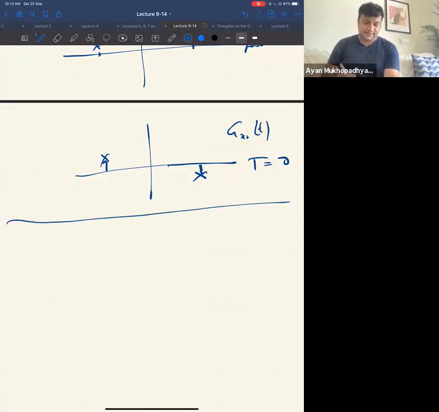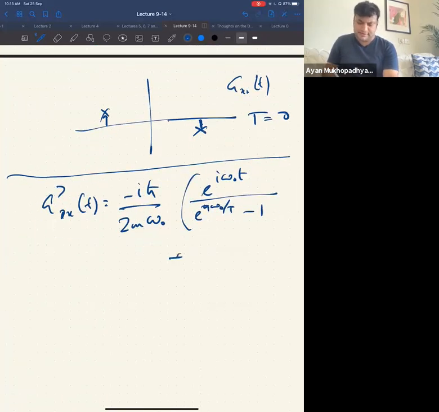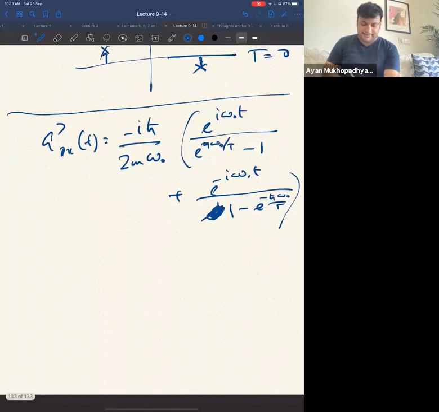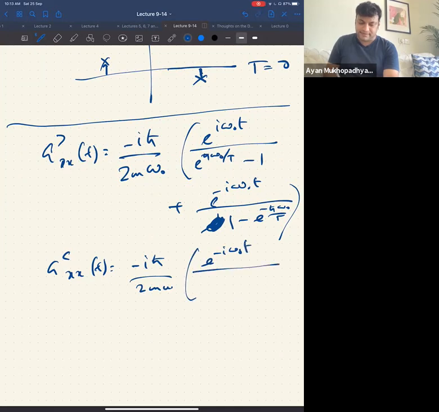Just a quick reminder: G greater was minus i h bar over 2 omega naught, times e to the power i omega naught t over e to the power h bar omega naught by T minus 1, plus e to the power minus i omega naught t over 1 minus e to the power minus h bar omega naught by T. And then similarly, G less is equal to minus i h bar over 2 omega naught, the same thing, but with t going to minus t. This is something very general: if you take t to minus t, this is